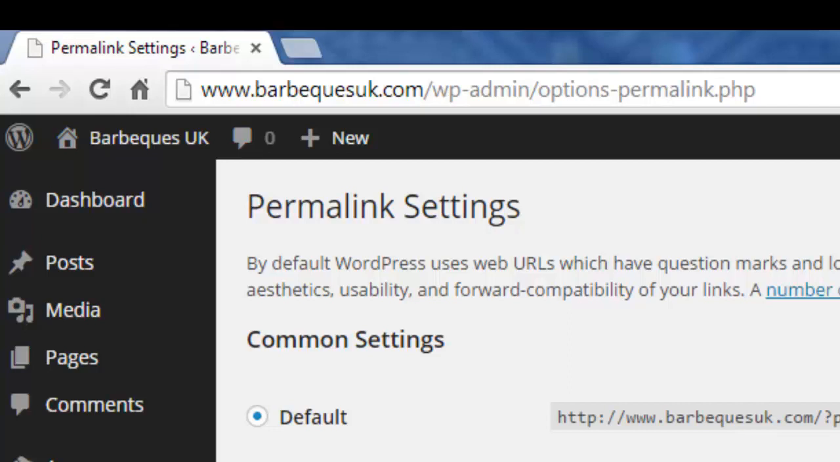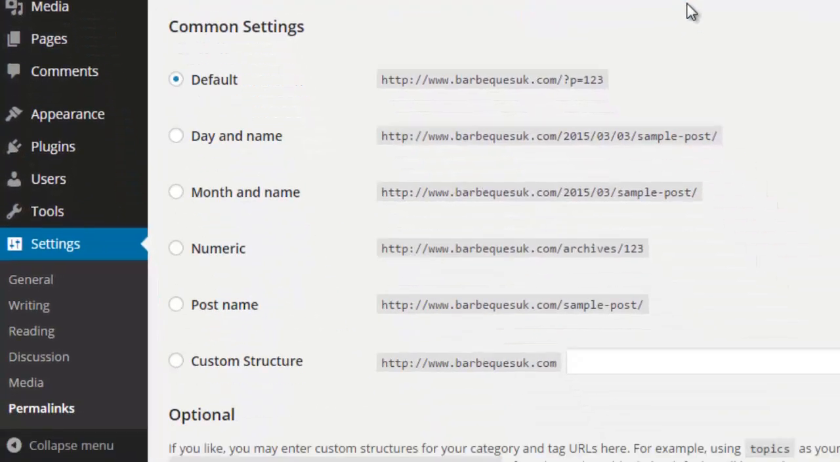Permalinks. So a permalink is this structure of your web address. So if we create a page and we call the page About Us, our web address would be www.barbecuesuk.com/about-us, okay, at the top here. But by default, that doesn't happen. By default, the page just gets assigned a number. So this first page we create will have ID number 1. So instead of being About Us, it will be barbecuesuk.com/?p=1. And if you create another one, it'll be ?p=2,